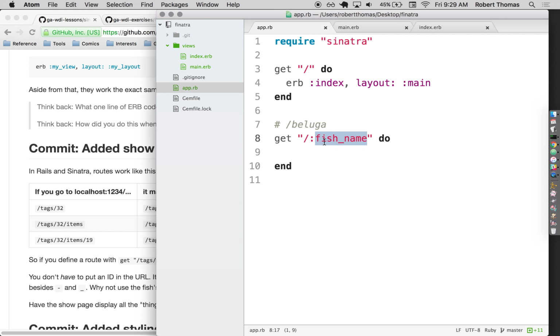Well, let's say this was an ID. How would I access that ID? params[:id]. It's going to be the exact same thing. I'm going to do params[:fish_name]. I'm going to save that to an instance variable. @fish equals params[:fish_name],